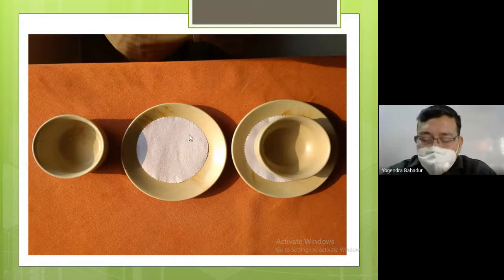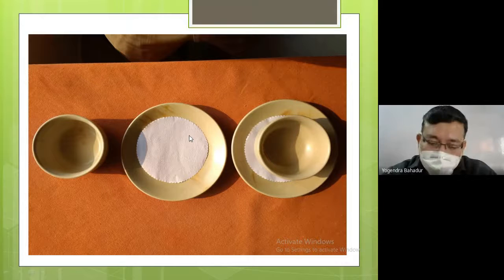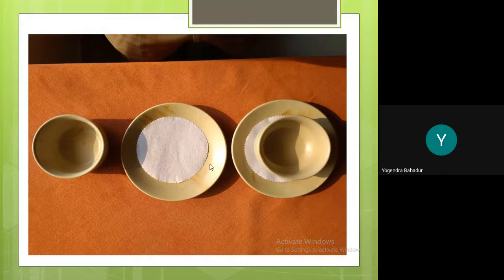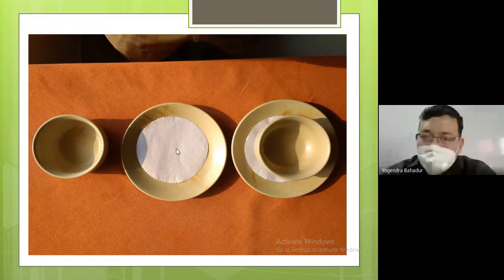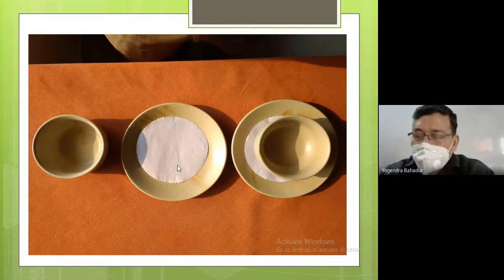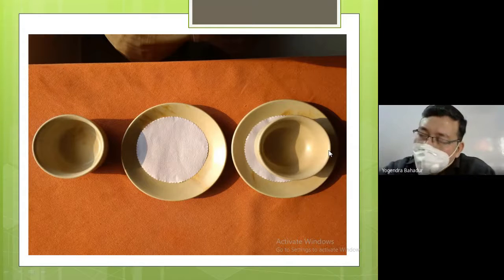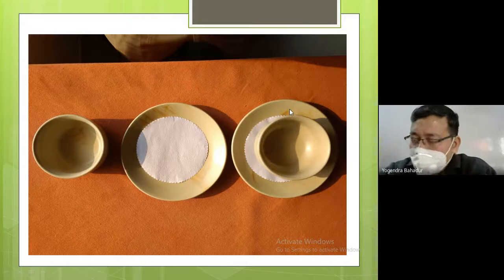The name of this particular paper is the doily paper. It has two uses. It generally prevents any slippage of the soup bowl on the side plate while the steward does the service. Apart from that, if any liquid spills out of the soup bowl while the guest is having the soup, this doily paper absorbs it. And on the right hand side, as you can see, whenever we are serving soup in hotels, we first keep the side plate. On top of it, we keep the soup bowl.